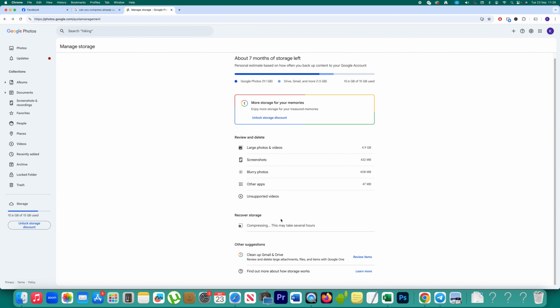Now this compression might reduce the quality of the photo or video, but it will take less space in your Google Photos, due to which you will have more space left. Now this compression might take several hours,